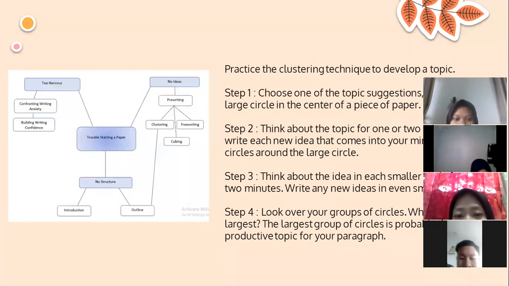Step 1. Choose one of the topic suggestions and write it in a large circle in the center of a piece of paper. Step 2. Think about the topic for 1 or 2 minutes. Then write each new idea that comes into your mind in smaller circles around the large circle. Step 3. Think about the idea in each smaller circle for